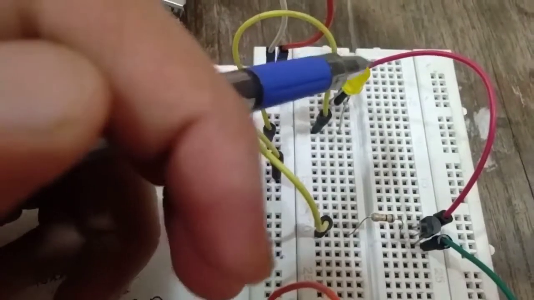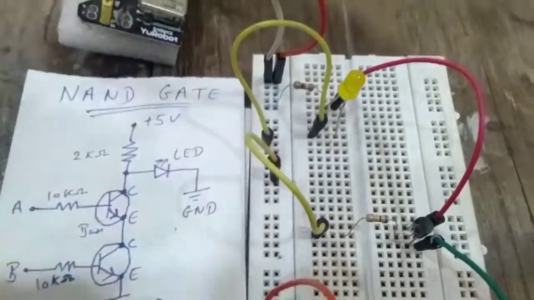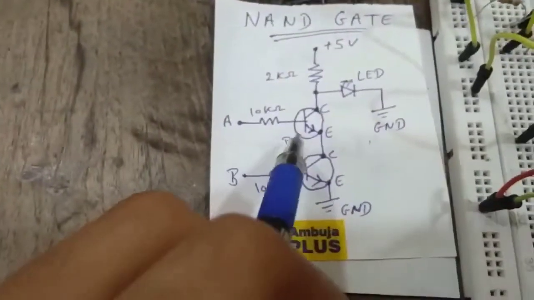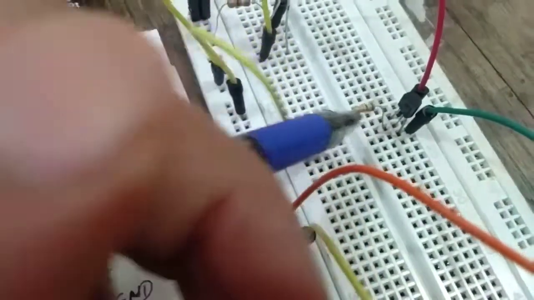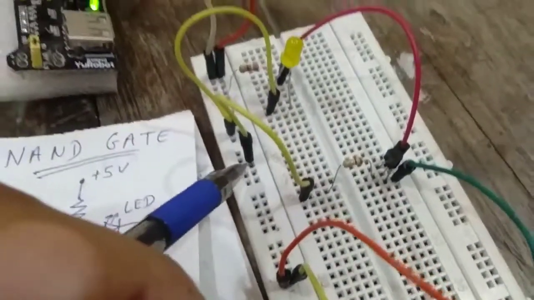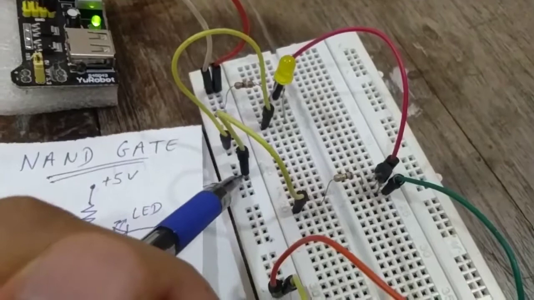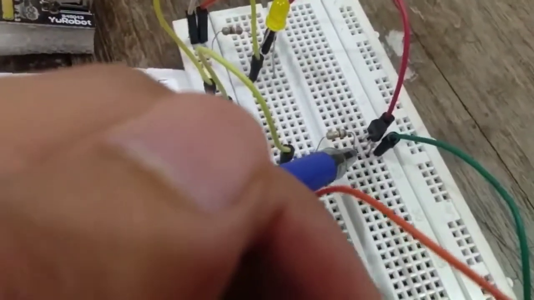And on this LED, if this LED is high, output is 1, or the LED is low, the output is 0. Now on the first transistor, the input, we have input A connected to the base, which is connected through a 10 kilo resistor. So here this is our first transistor. The base is connected through this resistor, which is of 10 kilo ohms, which is further connected to this yellow wire, which comes from this plus 5 volt supply. So here we have input A connected to this 10 kilo ohm resistor, further connected to the base of first